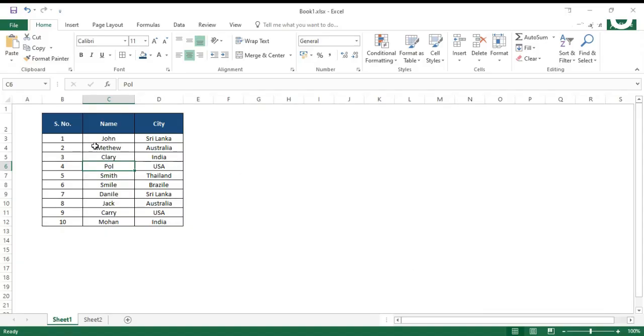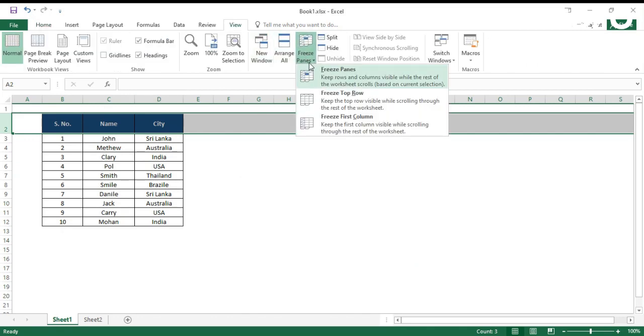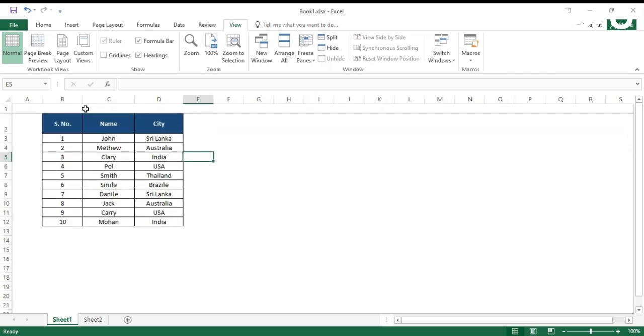In this video we are going to learn how to freeze or unfreeze the first row or column, or any particular row or column. First select the row, then click on the View tab from the tab bar, select Freeze Panes, and select Freeze Top Row. You can see that only the top row is frozen, but if you want to freeze the top row of the table then